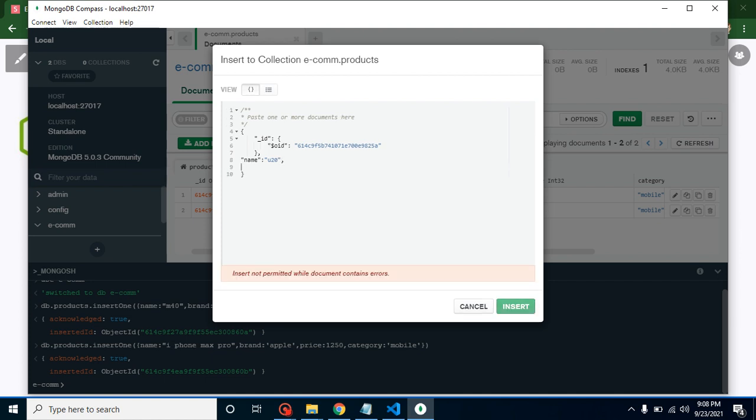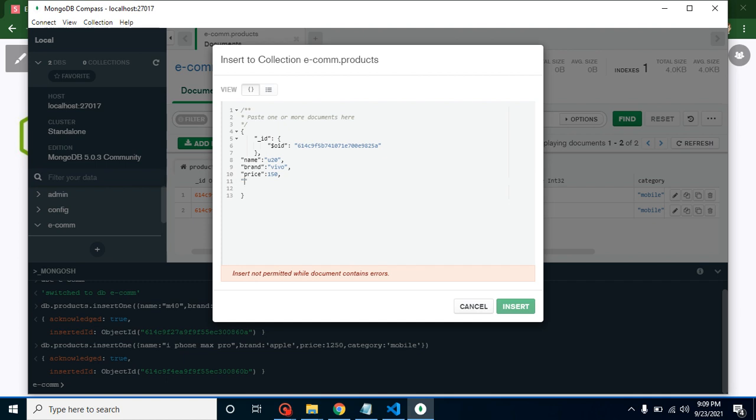After that let's simply put here brand. Let's say our brand is Vivo. Price, let's say price is $150 or something. Okay, so here again we have to just use it like, okay, we don't need these quotes actually, because we can just put it like a number, because this is basically a price. This is a numeric value.